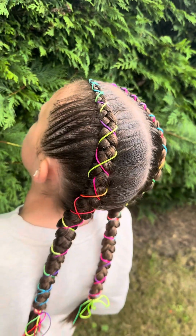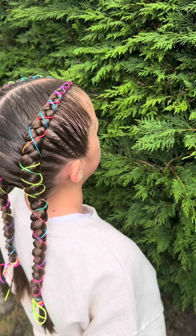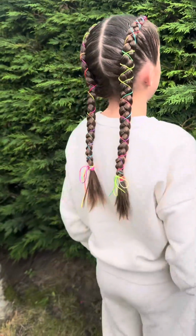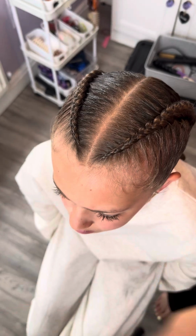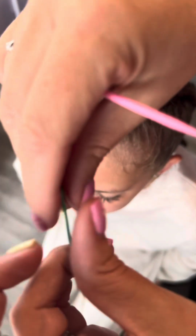You asked how do we add the colourful laces to our Dutch braids, so here is your tutorial. This has to be one of my favourite summer hairstyles and it even beats the colour braids. So once you've done your Dutch braids, and tutorials for that are all in our bio, all you need is